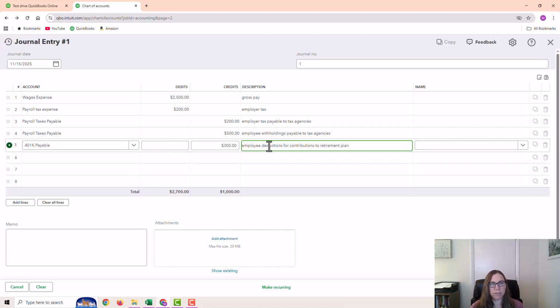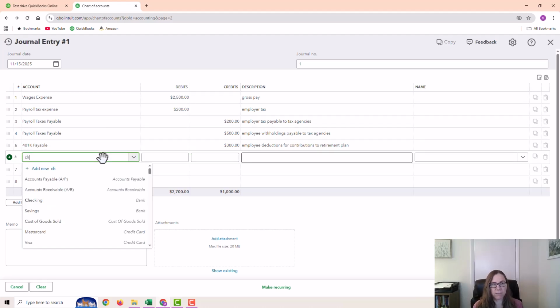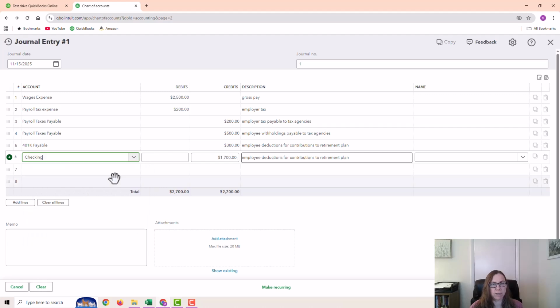So these are employee deductions for contributions to a retirement plan. So I'm going to go ahead and put it in a 401k payable so that I can make sure that money gets sent to the right place. It was deducted from the paycheck, deducted from the $2,500 gross pay. And right now, the company is holding this $300 until they send it to the retirement plan administrator. And then, of course, you're going to have net pay, which is going to be a deduction from checking. Okay, so that's your